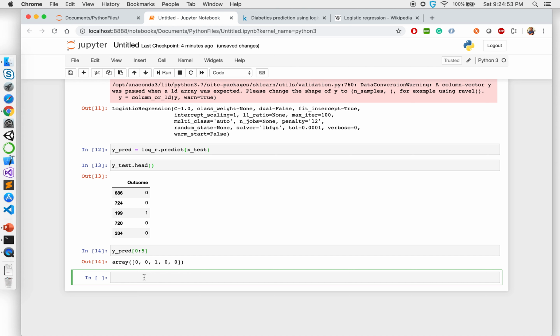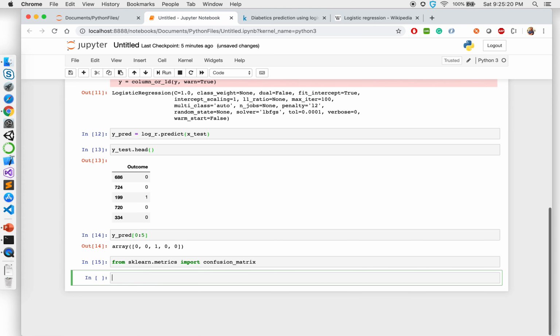Something that we did in the previous linear regression, we used something called RMSE, but in this case we're going to use something called a confusion matrix, which gives us numbers of how much was predicted right and how much was predicted wrong. That is another class that exists in sklearn dot metrics, import confusion matrix.